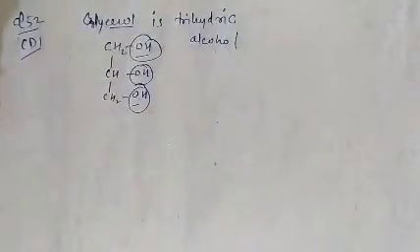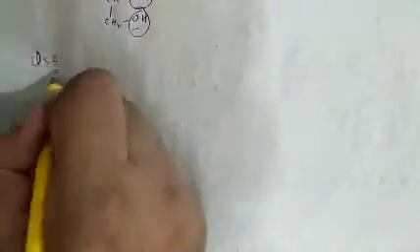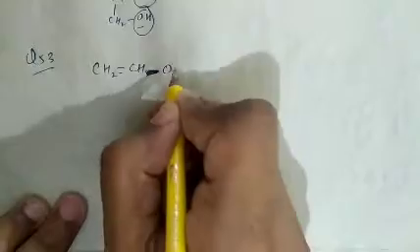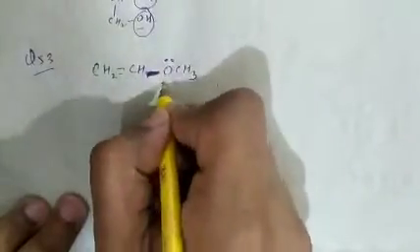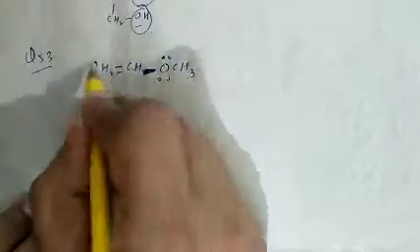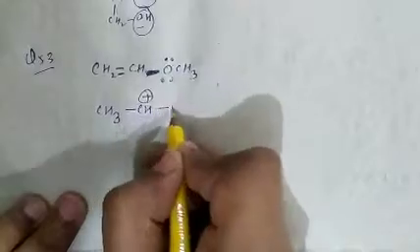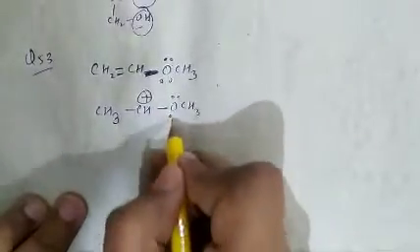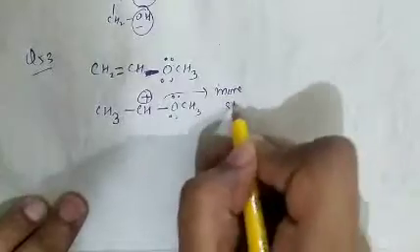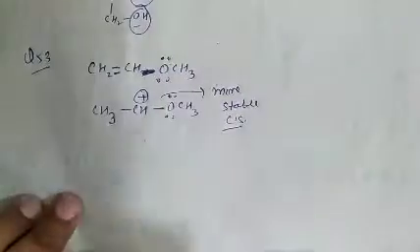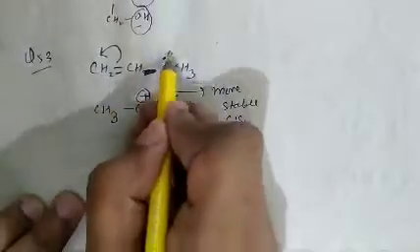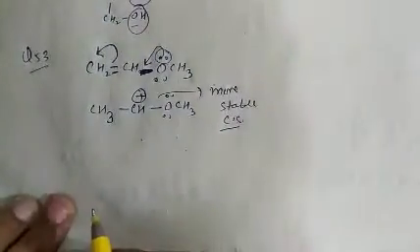See question number 53, what is given there? The question is HBr reacts with CH2 double bond CH OCH3. As we know, the lone pair is in resonance with the pi system. On attack of the electrophile, this will form this carbocation, OCH3. As this is a more stable conjugated system, the bond will break to this side, as it will release electrons, being a part of the resonating system.